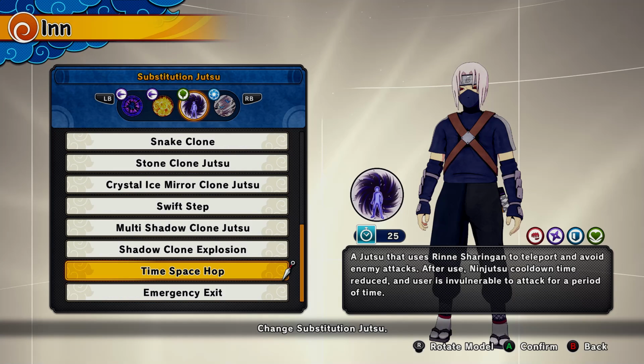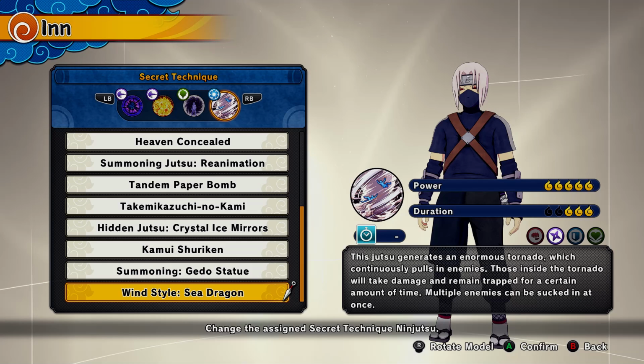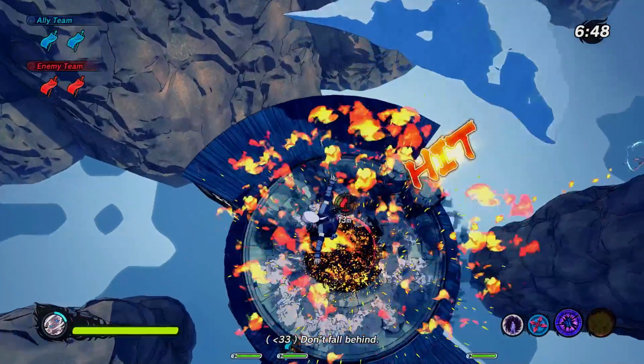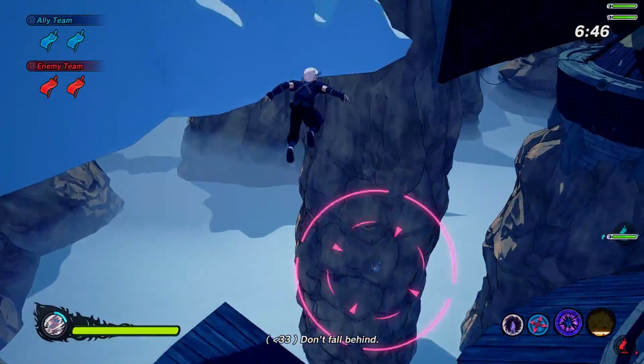We're going to be using Time Space Hop from the Last Battle Sasuke DLC. For every single build we have been using today, Wind Style Sea Dragon from the Tamari DLC. We'll be using a Kusanagi Sword combo type with a Crimson Star, and here are the stats that I am using for this build. Majestic Destroyer Flame is a big damage type weapon for you, and it's a great jutsu